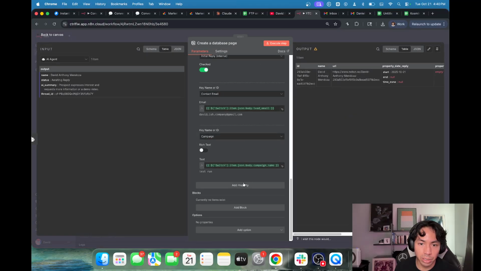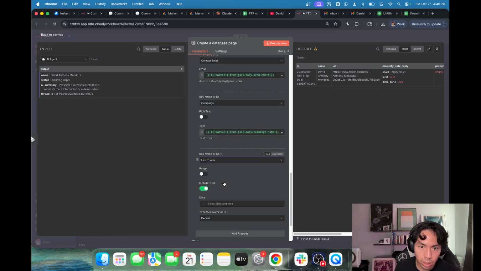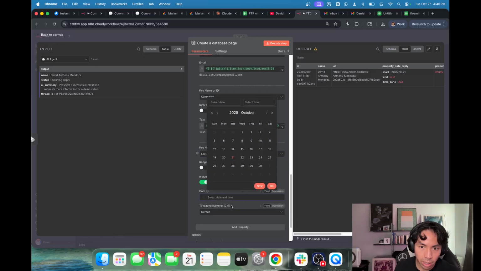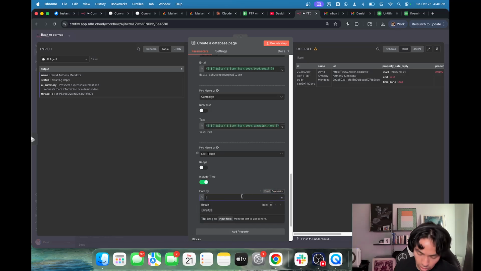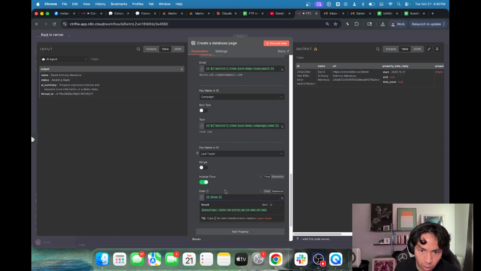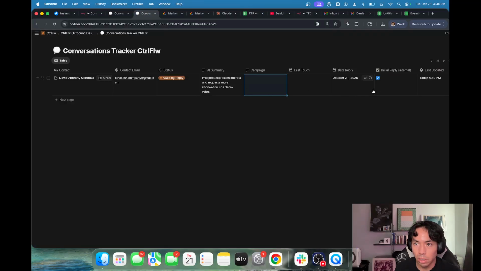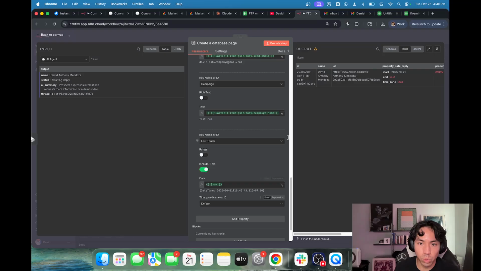So add property, last touch, and then this should be an expression, and you'll do curly bracket now, and that will give you the last touch, right? So that's it right there. Let me just make sure there's nothing else. Okay, cool, that's everything. So if I just run this again,